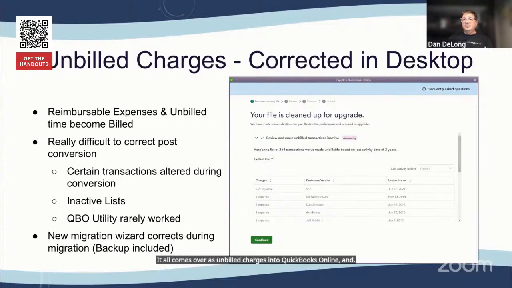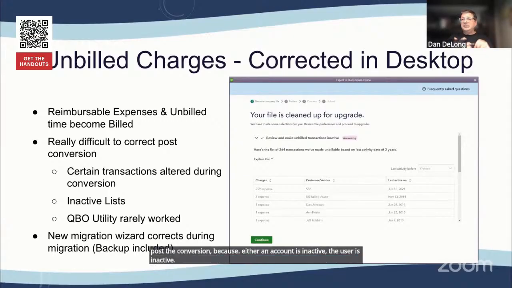And it's really difficult to correct that post the conversion, because either an account is inactive, the user is inactive, the item is inactive, and those